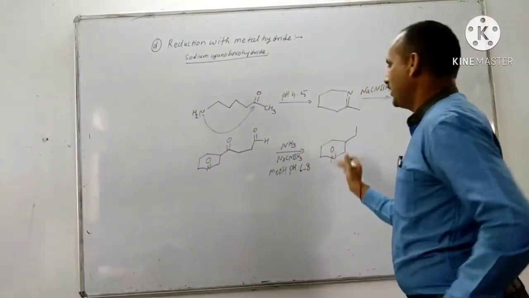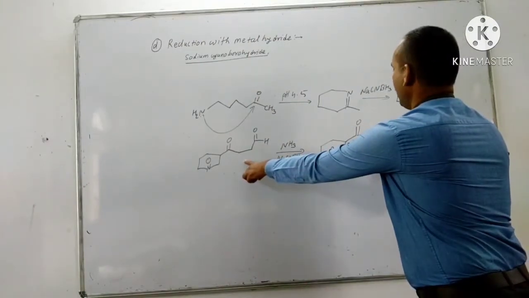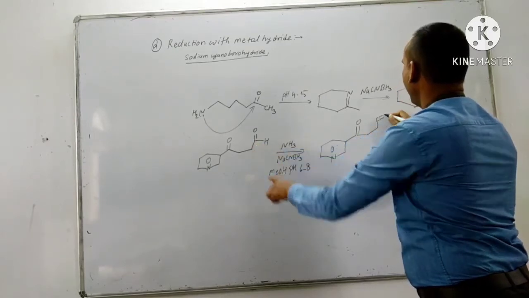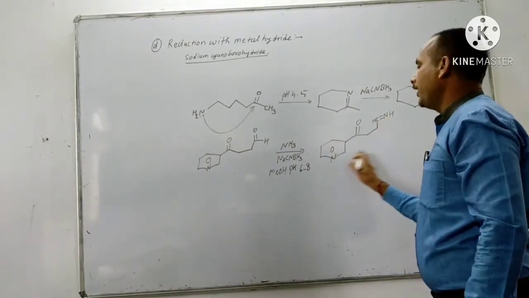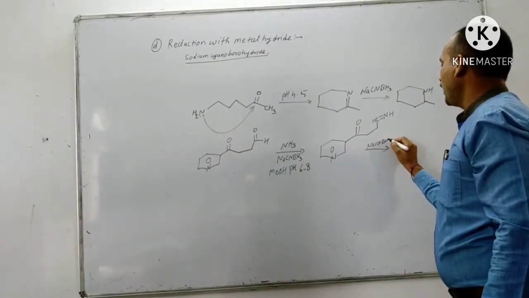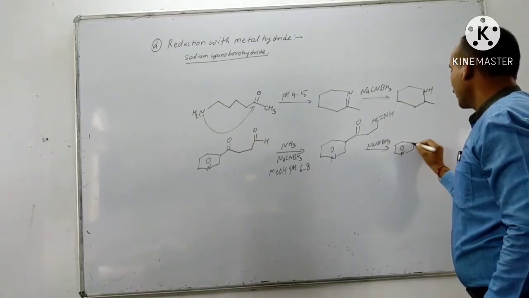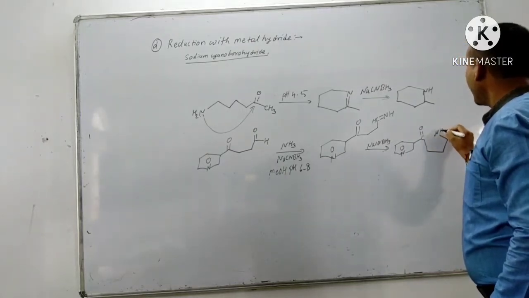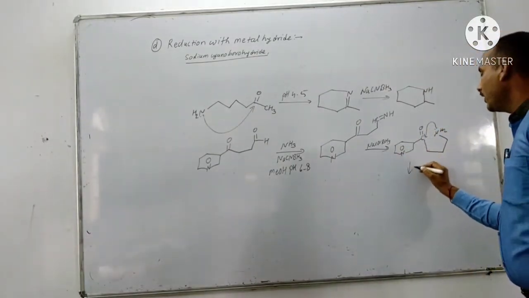So let's see one by one step. Very interesting reactions. C=O CH2CH2. Then this carbonyl group with ammonia forms the imine, C=NH. Again this imine gets reduced by sodium cyanoborohydride, NaCNBH3. This forms the primary amine, C=O CH2CH2CH2NH2. Again this attacks on this carbonyl group. There is formation of again imine.